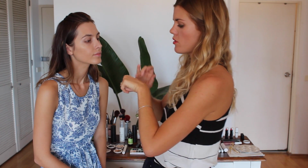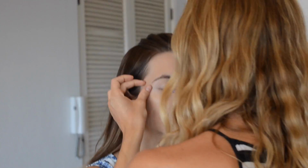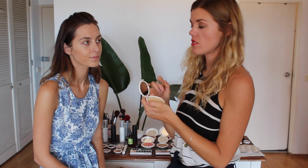I'm also just going to put a really small amount of that foundation just on the eyelid as a bit of an eye primer. Not too much at all, just a really tiny amount, just to make sure there's no redness on the eyes, just so it's all the same coloured base to start with. I'm just going to use a translucent powder just to set the eyelid before I put any product onto it. I'm using an Airpress corn powder